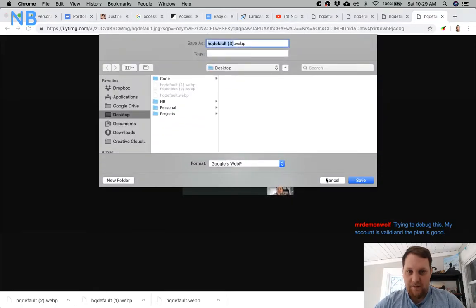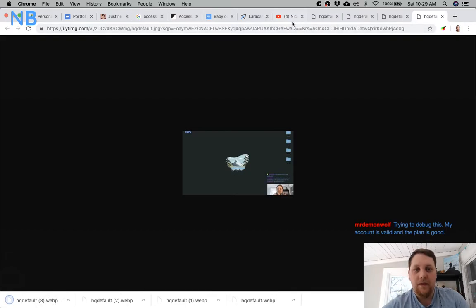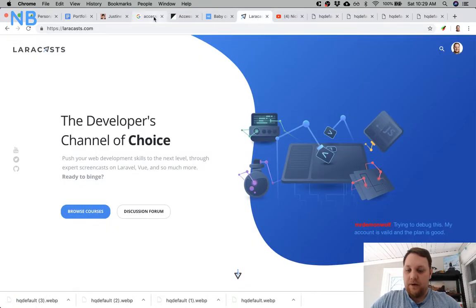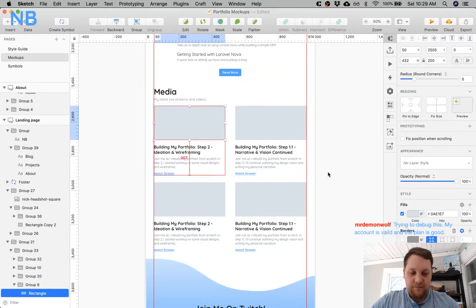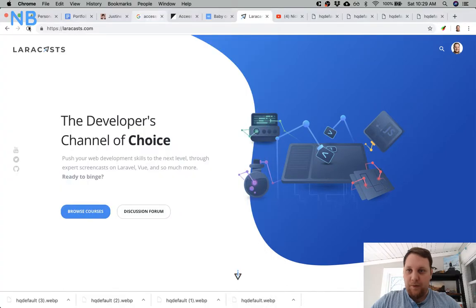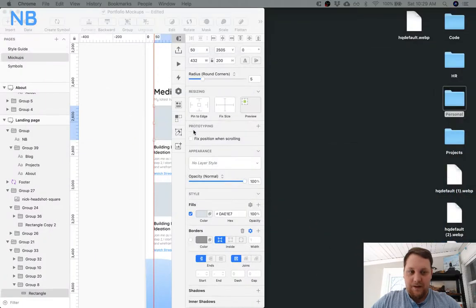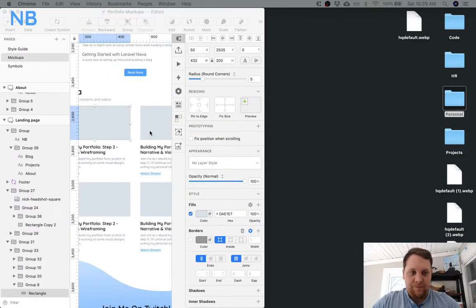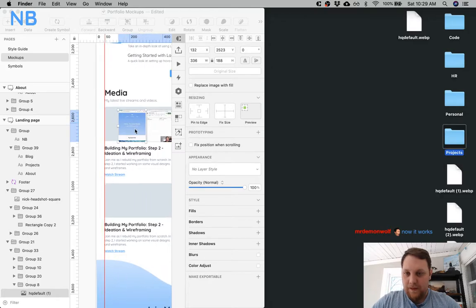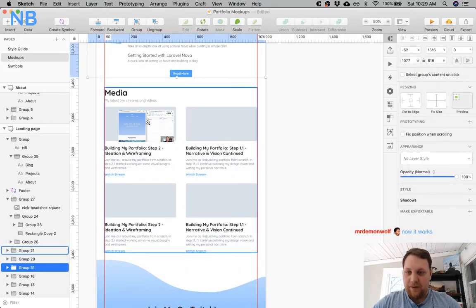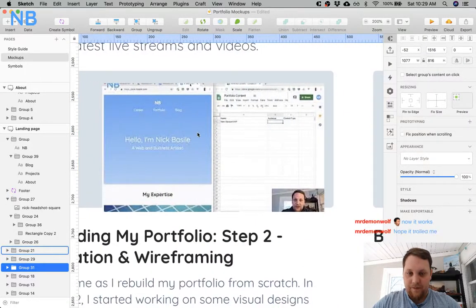Save it. All right, that's not cool. Cool. Let's see here. All right, I want to go back to Sketch now. A couple of different ways you can go about doing something like this. The way I like to do it is, oh, those are web tab. I don't know if this is going to work for us. Let's see. Oh, it did. Okay, cool. The way I generally like to do it is something like this, where I have, yeah, that's going to be super